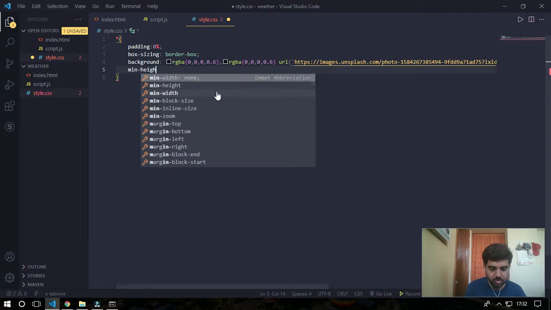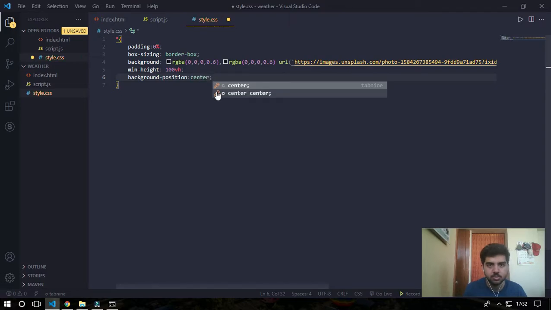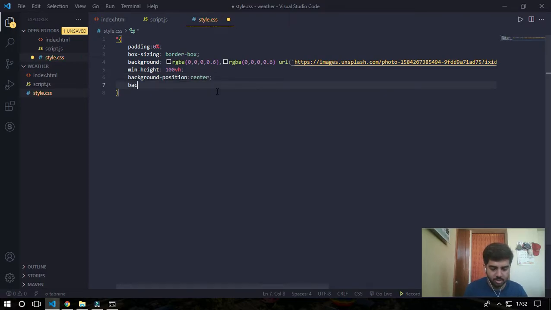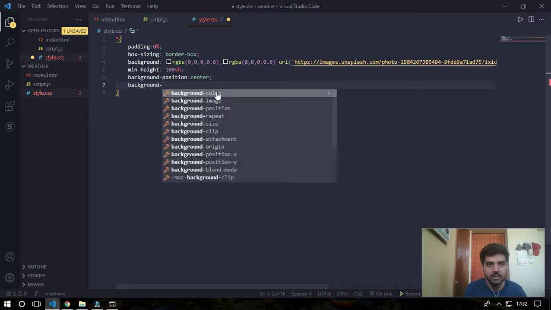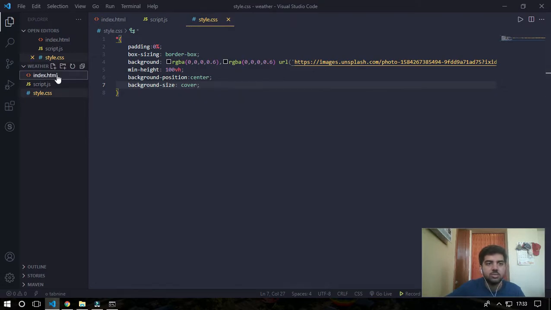Then minimum height is 100vh. Background position is center. Then background size is cover. Let's open this in the live server.